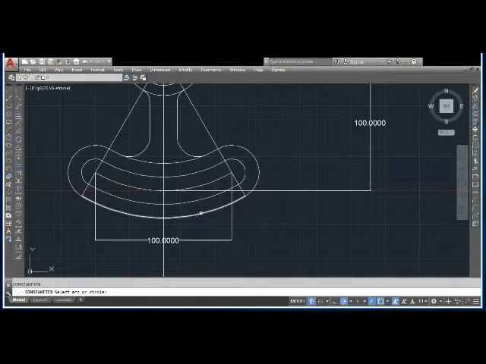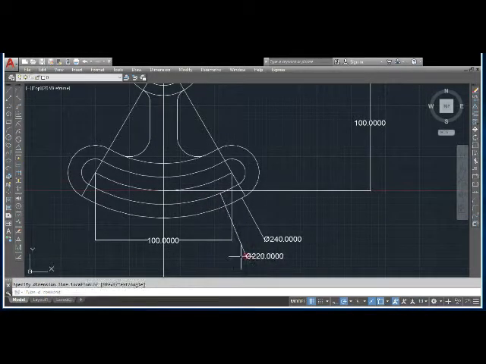Okay, and diameter, click on enter, select this, and diameter 240,